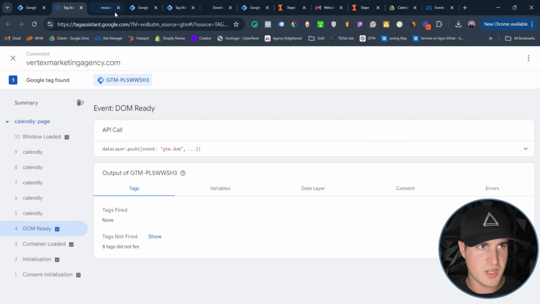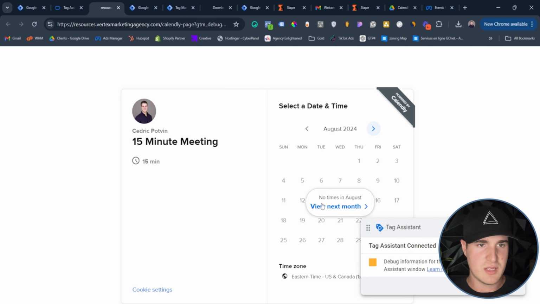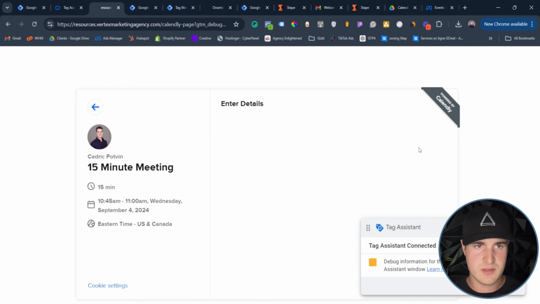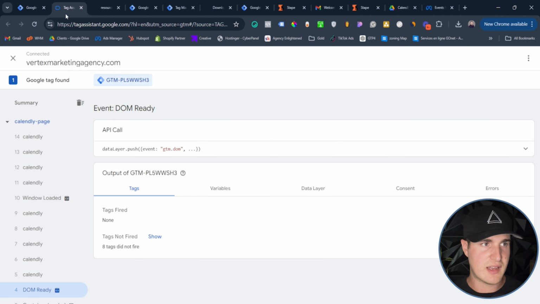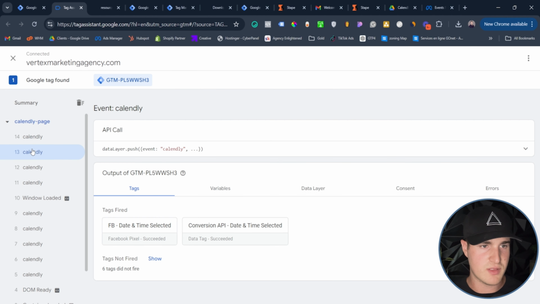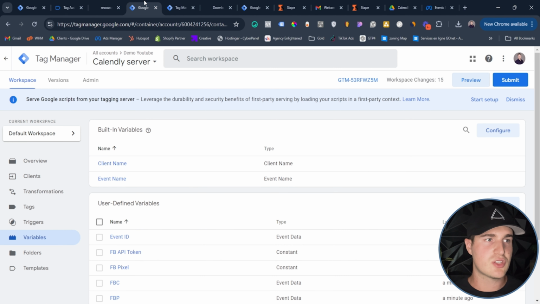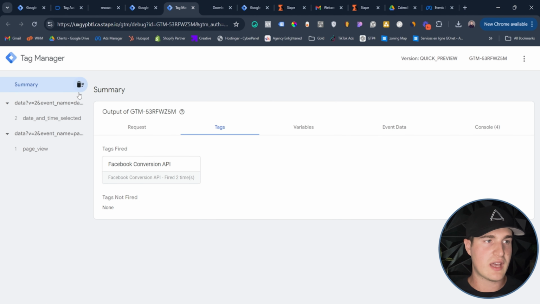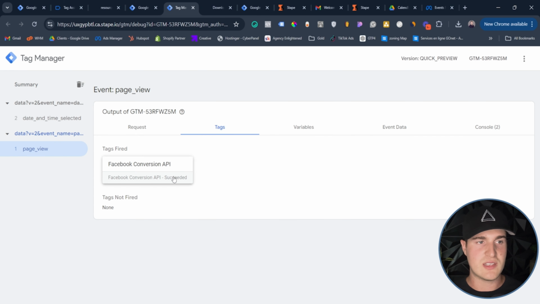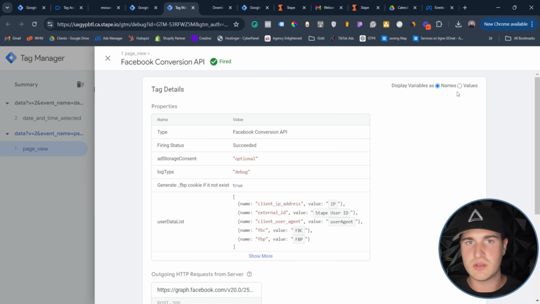Let's just go check our other events. Let me just select a time here. Click next. So I just selected a time, so we should actually be getting something here. Perfect. So we're getting the FB date and time selected, and we're also sending it to the Facebook conversion API. And to just verify that, we can actually look at the conversion API preview now. We can see that Facebook received the page view event,